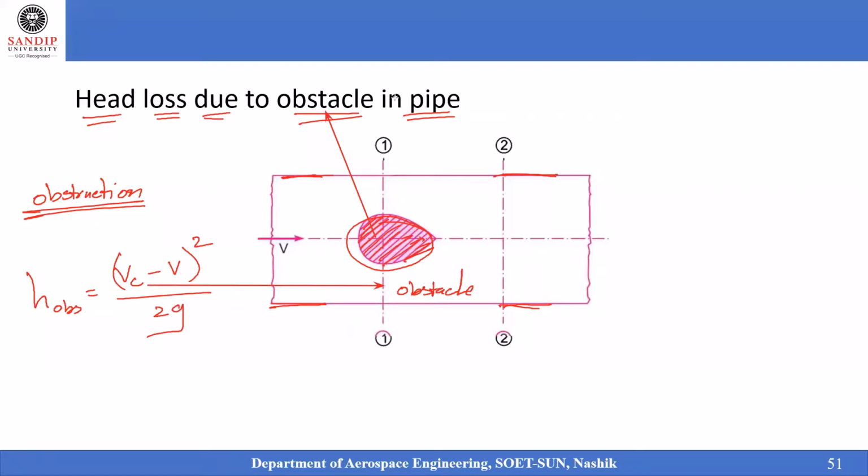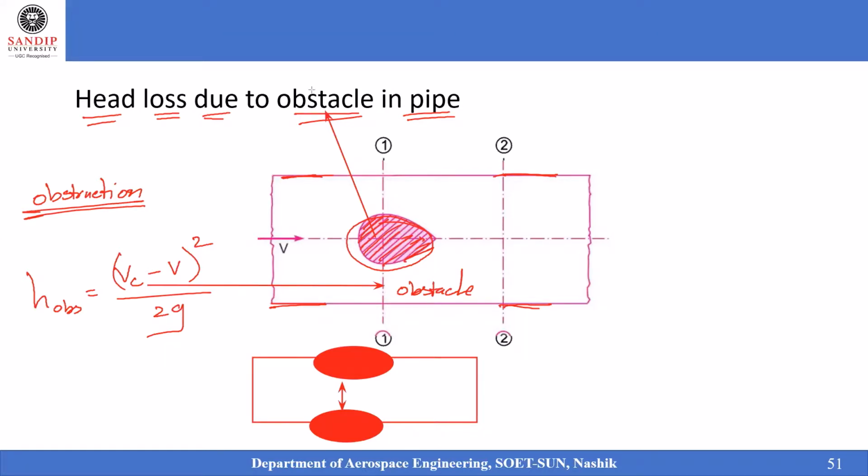This may not be the only case of a pipe like this. It can be applied even to any pipe flow which is resulting in an obstruction. It can be applied as we have used in Bernoulli's principle, where the flow will be accelerated. Here, in between these two, there is an obstruction available. This obstruction area needs to be considered in order to find the head loss due to the obstruction.